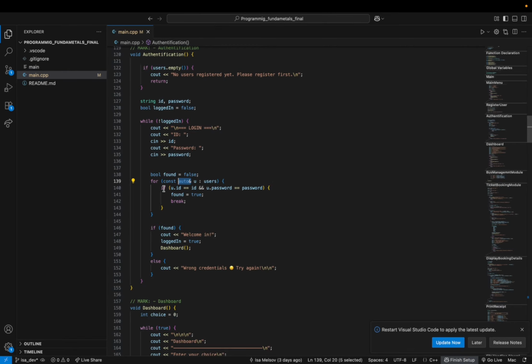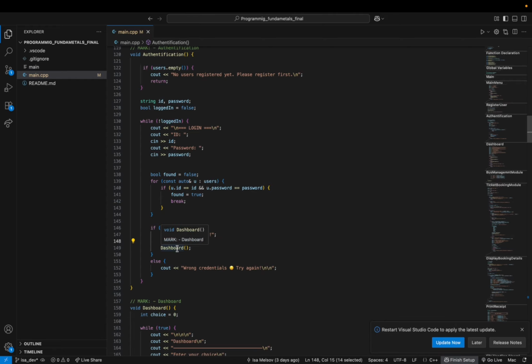We have an if condition: if our first entity in the users vector, its ID is equal to the ID that our user entered, and its password is equal to the user's password, we are making found true and breaking our loop. Then over here, if our found is true, we are outputting welcome, loggedIn equals true,